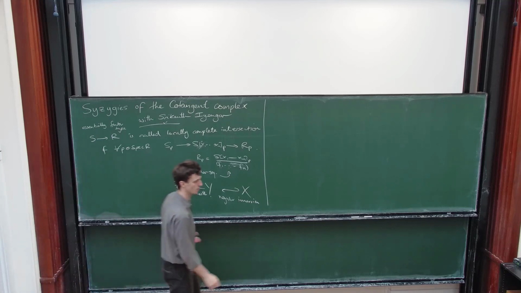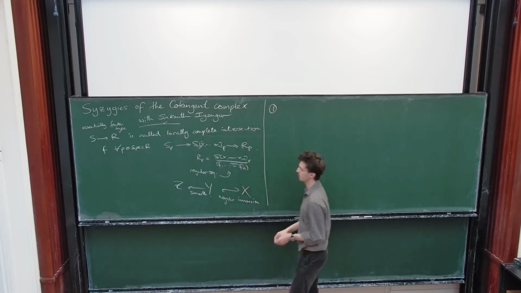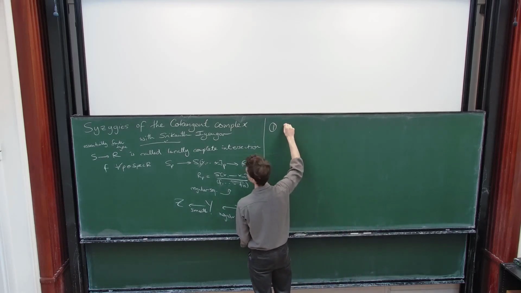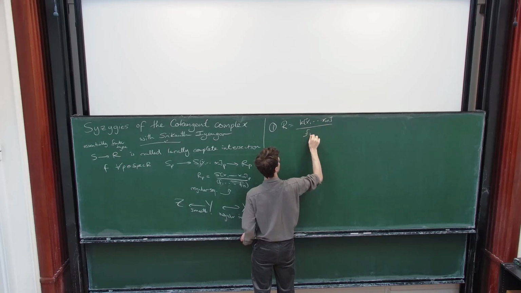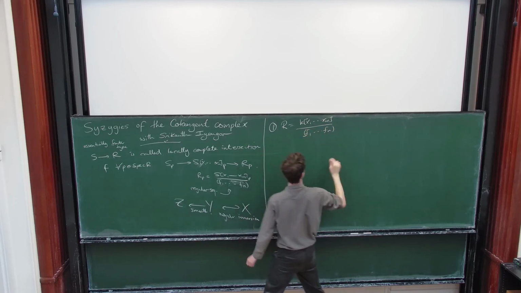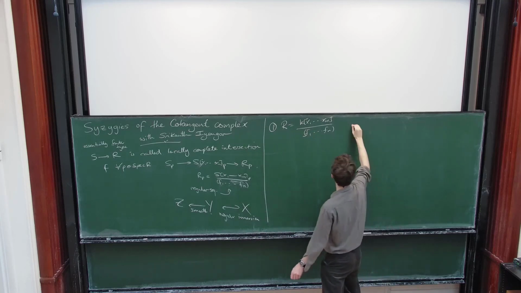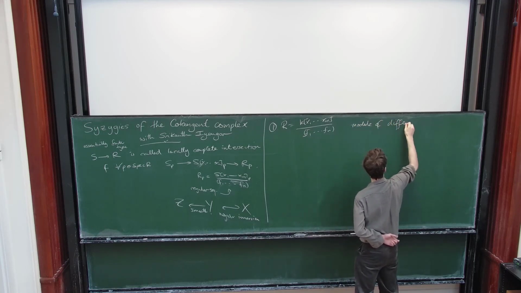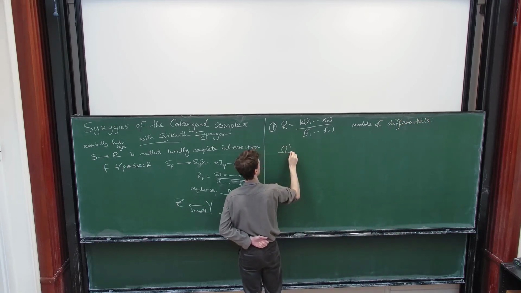Okay, so I'm going to talk about a sequence of invariants that you can associate to any map of commutative rings. And the first one is probably the most famous one. It's just that for this I want to assume S is just a field, so I'm going to take R to just be a ring like this. And then I'm going to talk about the module of differentials, or the cotangent module, Omega one of R over K,